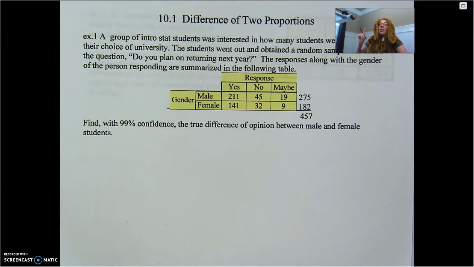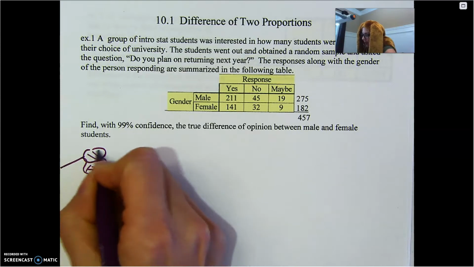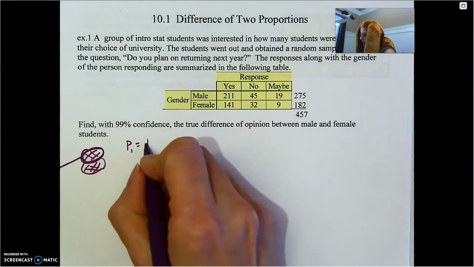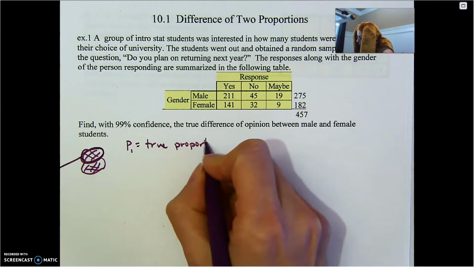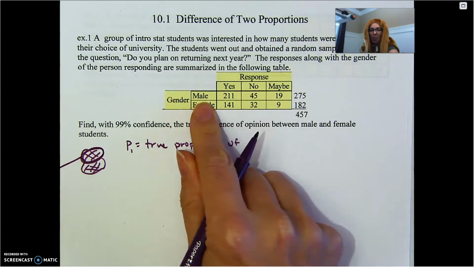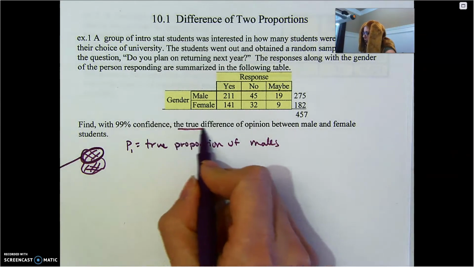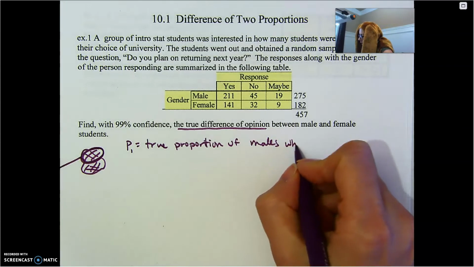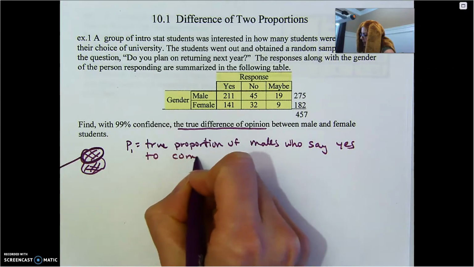All right, so here's how these start. You define what it is we're going to be capturing. So we're capturing P1, which would be the true proportion. Let's start with males because they're first in our chart. True proportion of males. And it says true difference of opinion, so you can go either way you want on these for your responses. I'm going to focus on the yeses. True proportion of males who say yes to coming back